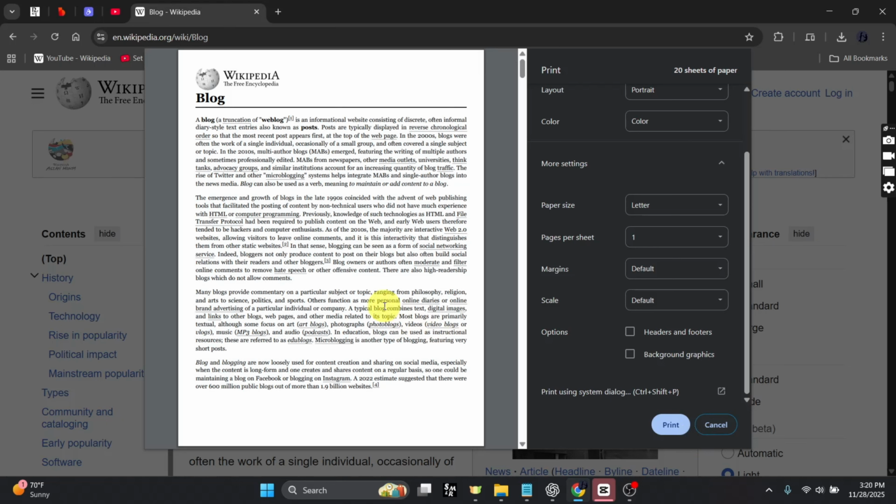The preview will immediately update, showing a clean print layout without the page title, URL, date, or page number. We just removed Chrome's print header and footer by disabling the option in the print setting for a cleaner and